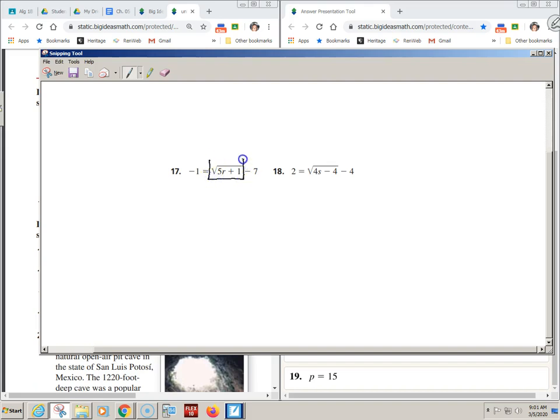So I had people yesterday, Andrew, this is, I think, really helpful for a lot of people. I had people go find the radical and put a box around it and then think to themselves, how do I get it alone? How do I get it alone? And so for this one, for number 17, yeah, did you guys add 7? You would have gotten that radical alone, 5r plus 1 equals, now careful with negatives and positives,